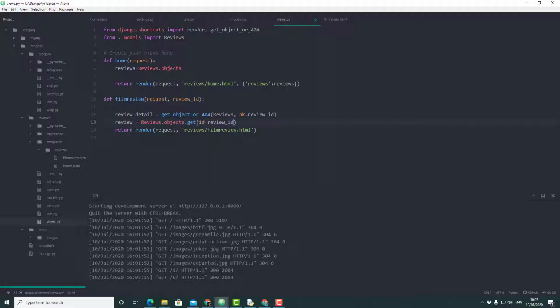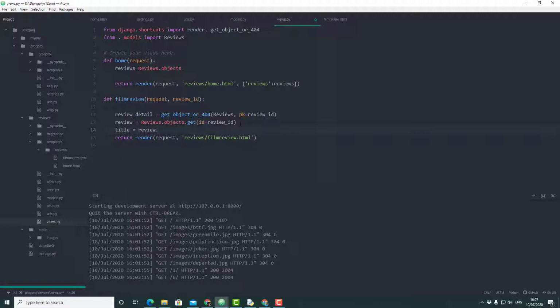So that is going to be my primary key. It's going to look in the reviews objects and get just the object with that ID. So from then, I could say that the title is equal to